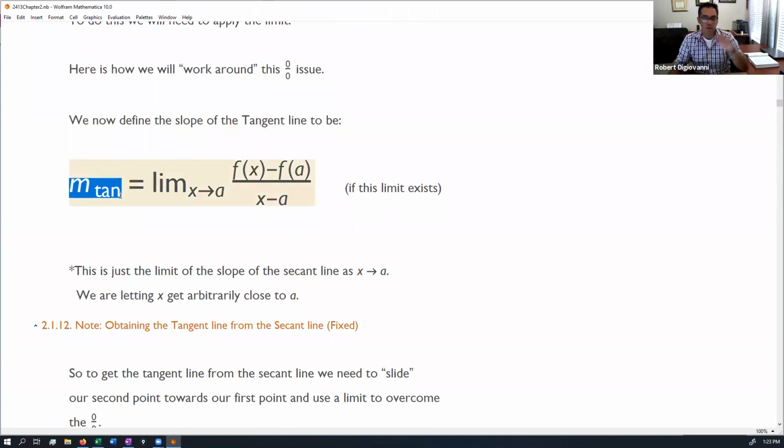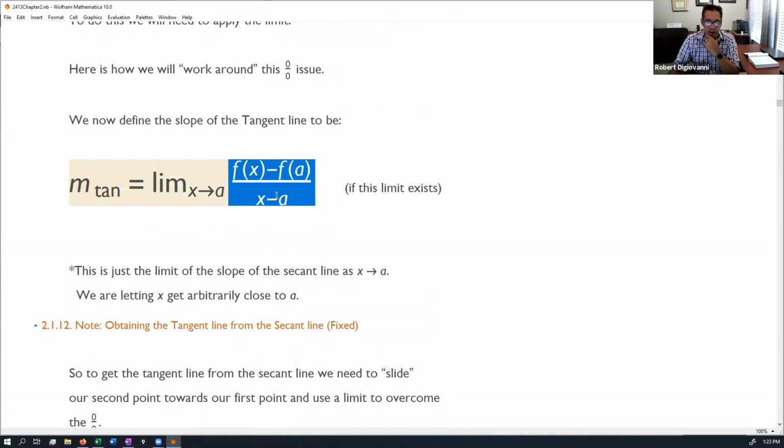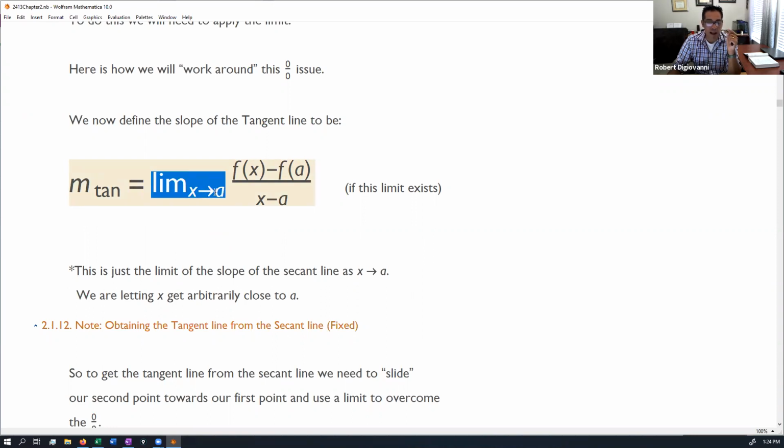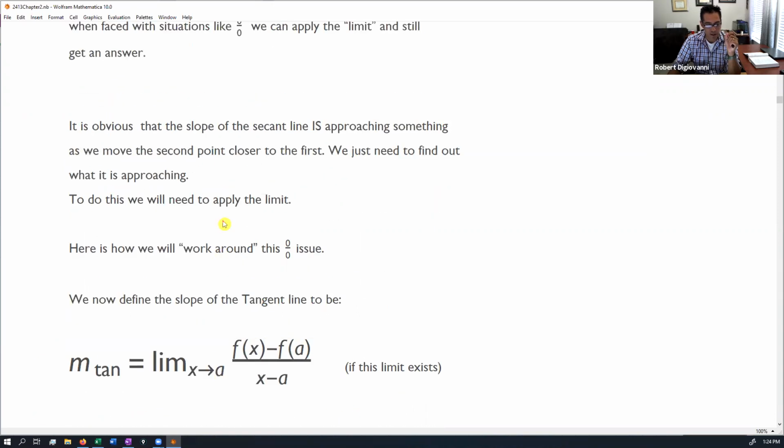The slope with a subscript tan, which means the slope of the tangent line, is exactly the same thing as the secant line formula for slope. But we're never going to let x actually become a. We're going to see what happens when x approaches a. So think about this intuitively. When we take a limit and I'm saying let x approach a, what's happening there visually is that